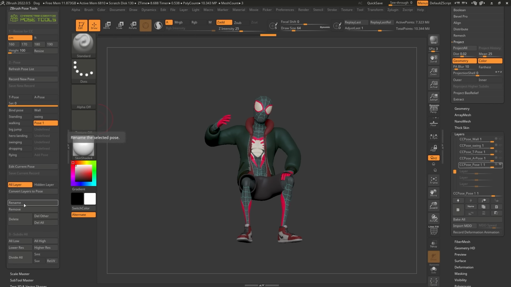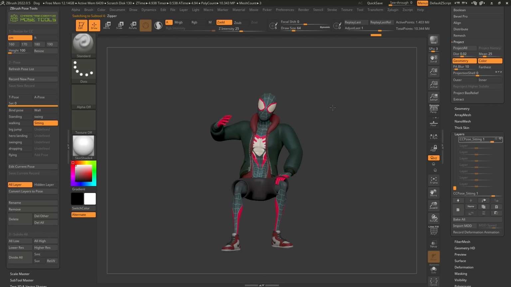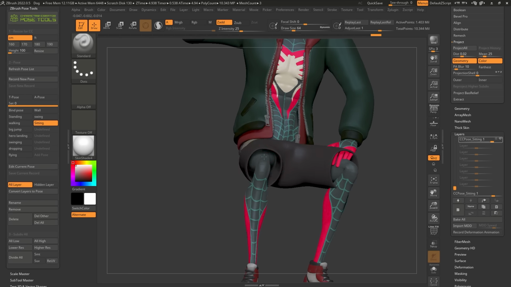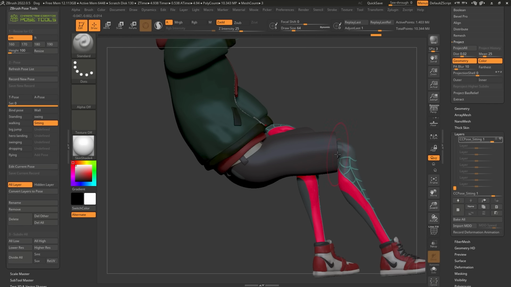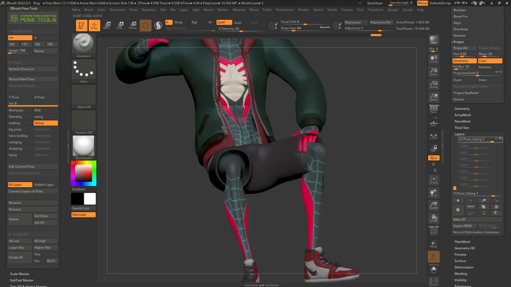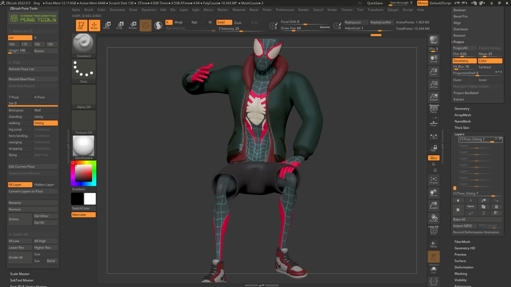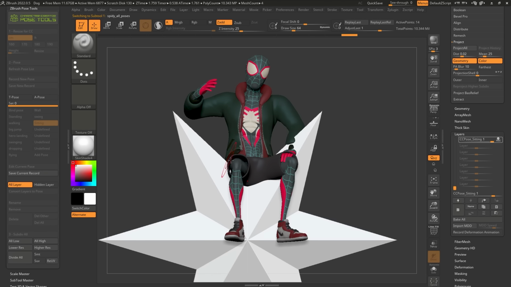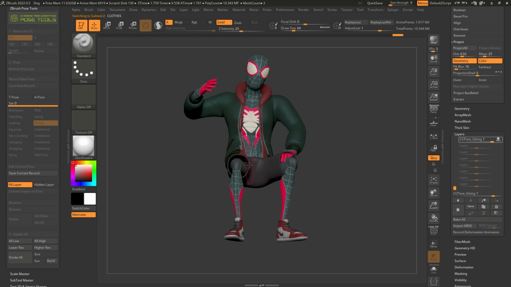So let's go ahead and rename it. Let's call it Sitting. All right, so now it is renamed in all of the layers and all of the subtools. So we can now go ahead and maybe fix that intersection, or just pull the shorts a little bit lower so that they're actually interacting a little bit better with the legs and all of that. So I'm going to do this very quickly, just in an effort to keep this video short. I'm going to click on Edit Current Pose, and let's go ahead and select the clothing, and I'm just going to concentrate on this one.